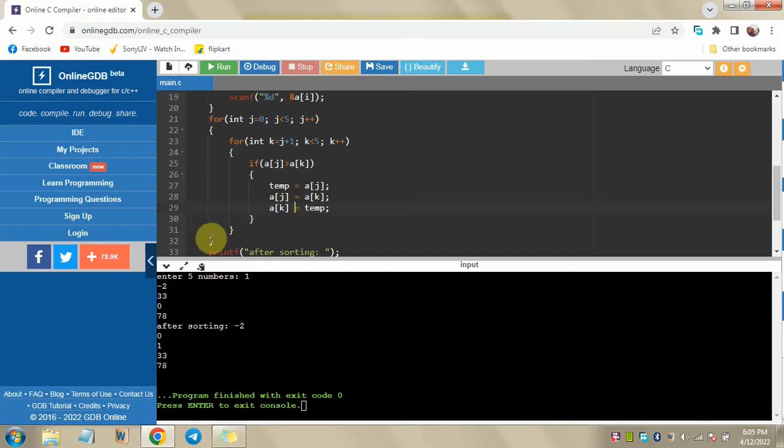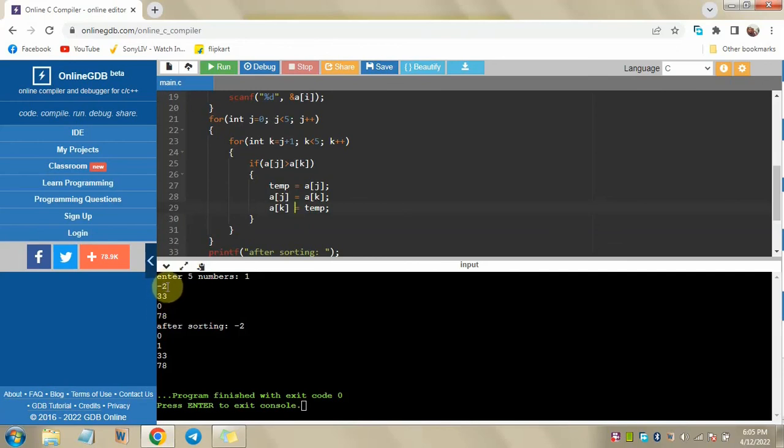After that, it will again go to the outer loop, and now j's value will be 1. So we are getting the smallest number in the first position, which is -2 in our case, and after that we'll take the jth element as 1. So the second element, sorry, not the first element. The second element, that is aj, means a1, will be this number, and it will continuously keep on checking if the number is the lowest with the other numbers or not.